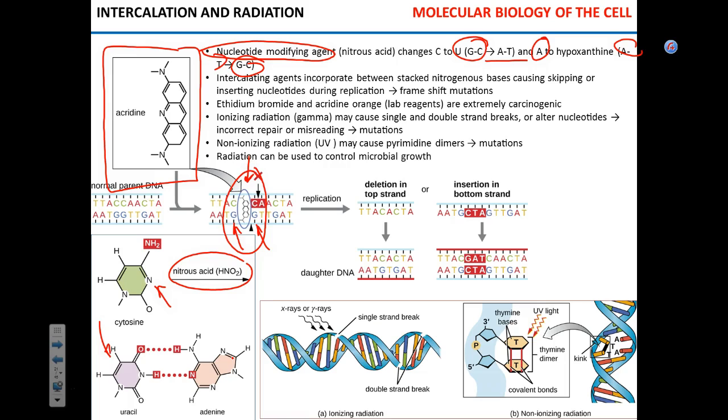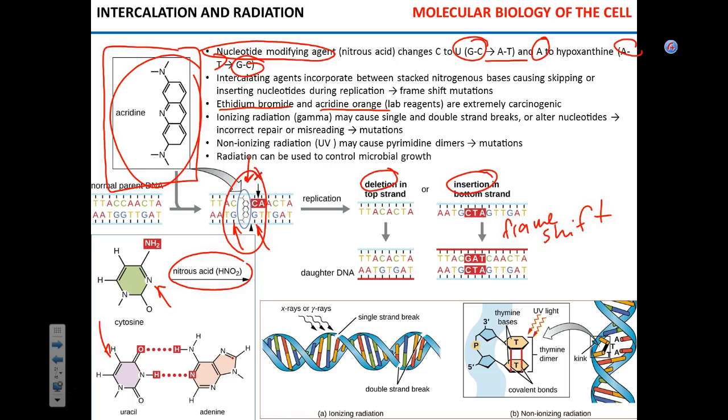You can imagine that if you try to stick something into the double helix, it's going to greatly distort the shape of the helix. Correct? That distortion will lead to deletions and insertions. I'm not going to ask you which strand which, but deletions and insertions eventually leading to frame shift mutations. That makes sense. Now, examples of these chemicals are acridin orange, like this one,